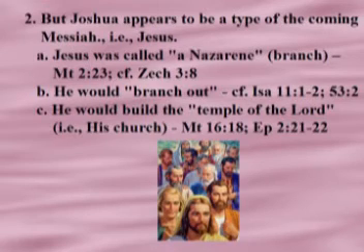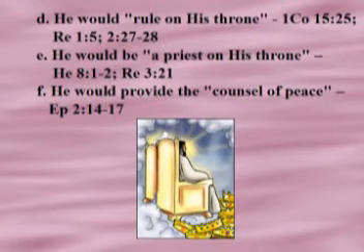B. He would branch out, Isaiah 11:1-2, 53:2. C. He would build the temple of the Lord, his church, Matthew 16:18 and Ephesians 2:21-22. D. He would rule on his throne, 1 Corinthians 15:25, Revelation 1:5,